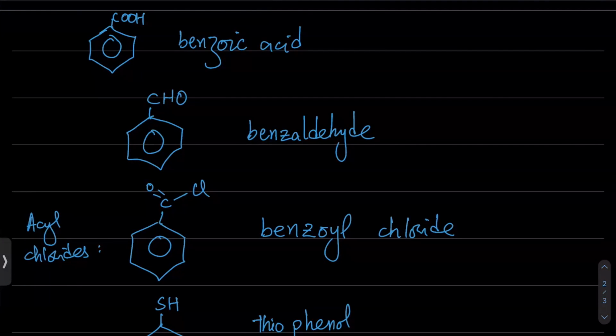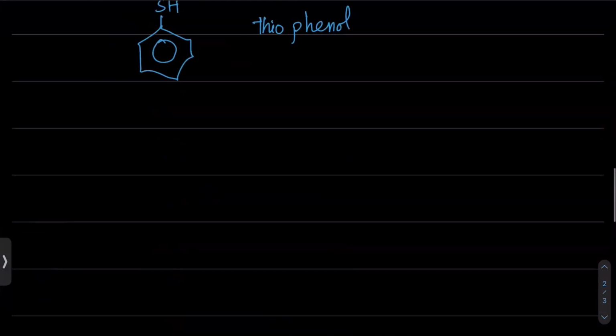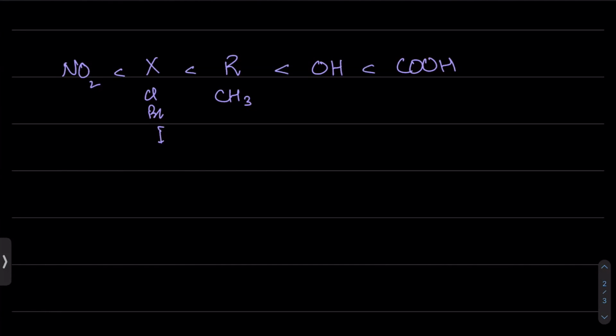And when we name them, we have some order in terms of what we consider a branch and what we consider the main functional group. So here's how it goes. If you have COOH, you consider that first. If there is COOH and OH, then you consider OH as a branch and COOH as the main group. If you have an alkyl, that is CH3, C2H5, you consider it after OH. Similarly X, that is chlorine, bromine, iodine, after that, and then NO2. So this is the order. So for example, if I have